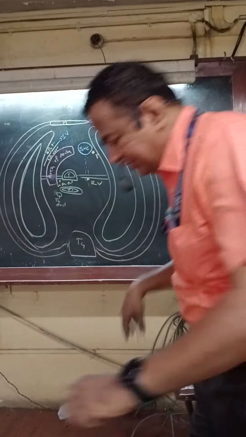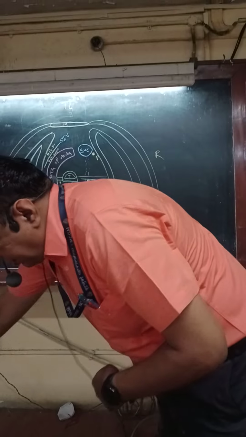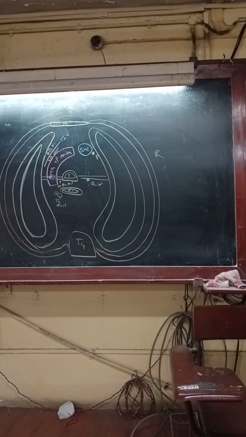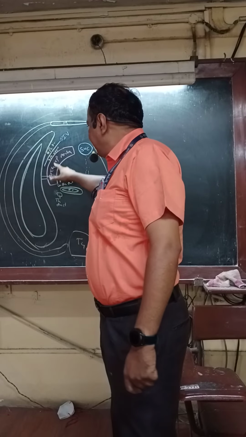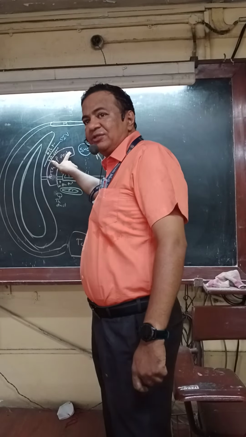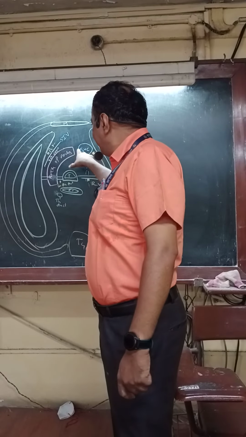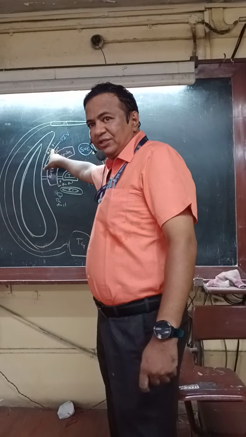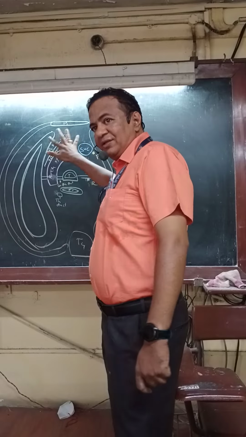So with this description we have finished the main two sections. Apart from that, there is a section at T8 level, there is a section at T3 level. Not asked in the exam, but at T3 level, instead of arch of aorta, we draw three circles over here: brachiocephalic, left common carotid. Instead of SVC, we will draw brachiocephalic veins here, but these two are going to unite and form an SVC. Okay, so at T3 level, that will be the only difference in this section.